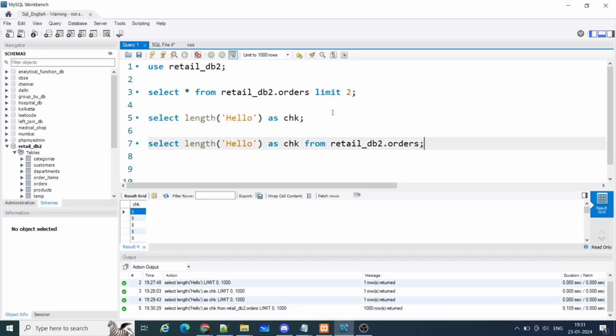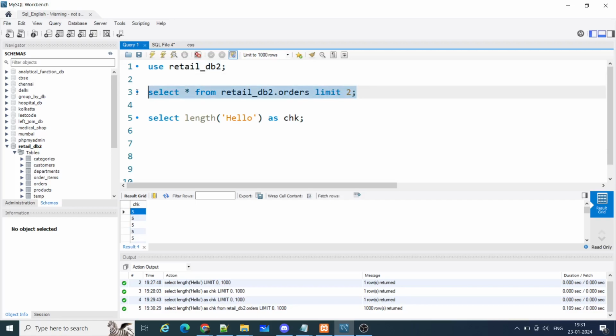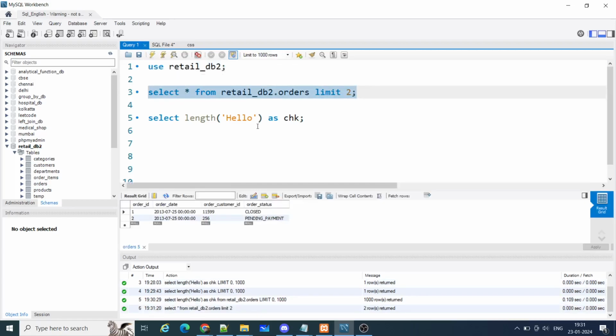So that was one small tricky thing I told you. Length plays an important role, that was my point. Now I will tell you how to check. How can you check? So see,